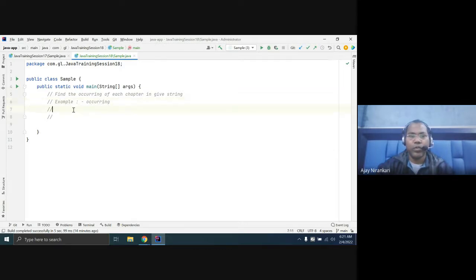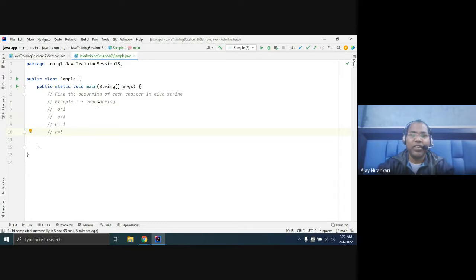So here in our output, O has only one time. You will notice C has two times. Similarly, U has one time. Let's make R have three times, so R has three times, right?